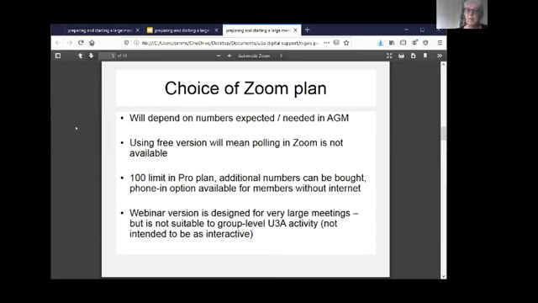Today, for example, say we, that's the royal we, it's Nigel that's done all the heavy lifting. Nigel has bought in an add-on that you can get to the licensed version that allows you to have up to 500 people in a meeting. And that's going to bring you up to about £60-70 for a month.